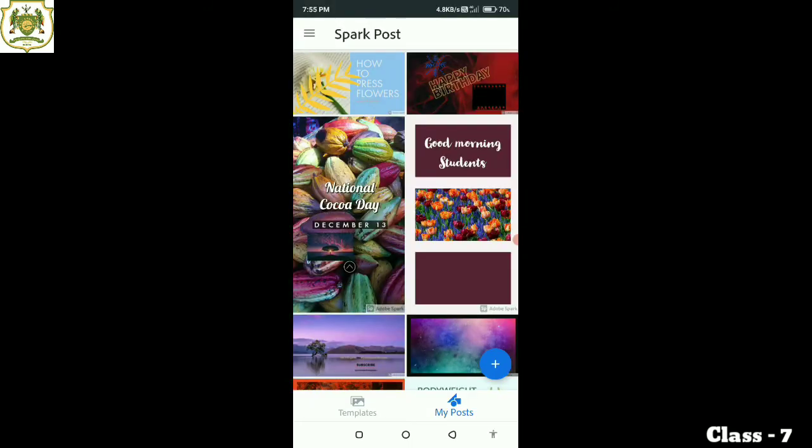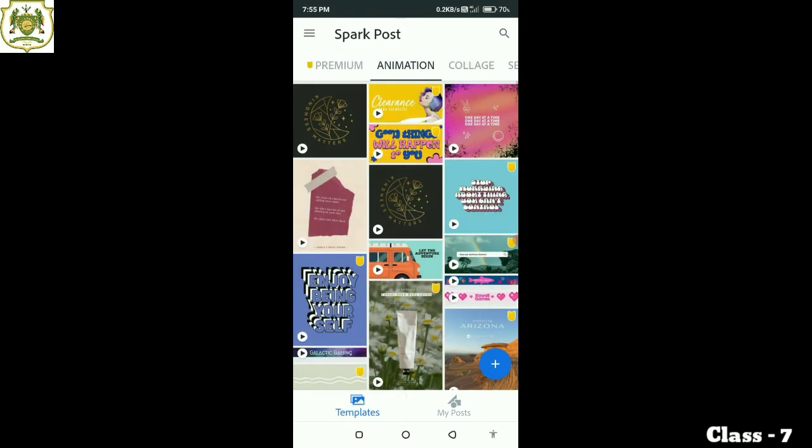Now, when you open it, students, it will show you the layout like this. It will show you the heading of Spark Post at the top, and at the bottom we have two options. One is Templates and the other one is My Post, which you can easily see.